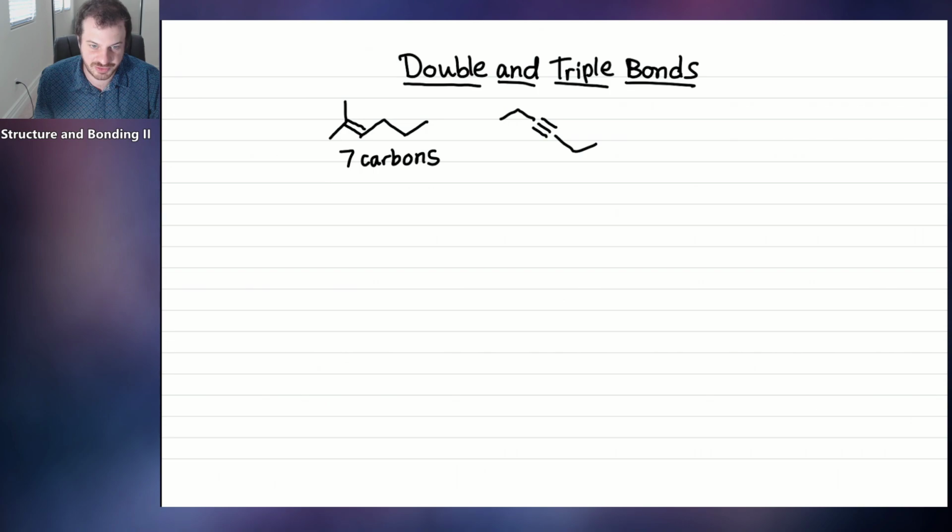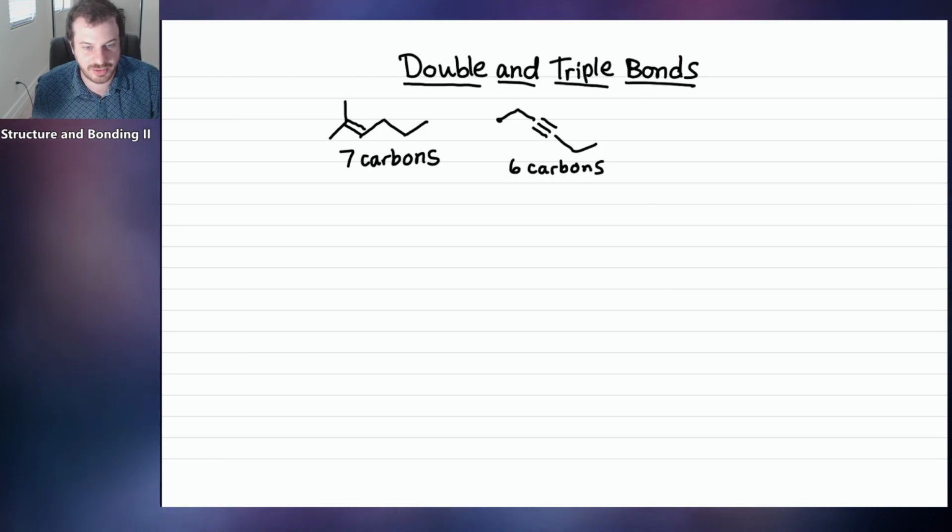How many carbons does this compound have? This is a little tricky, so be careful when you count. 1, 2, 3, 4, 5, 6. So this compound has 6 carbons. Can you see that? The ends of the triple bond each have a carbon there. 1, 2, 3, 4, 5, 6. And again, for practice, why don't you try and draw in all the hydrogens and count how many hydrogens this compound would have.